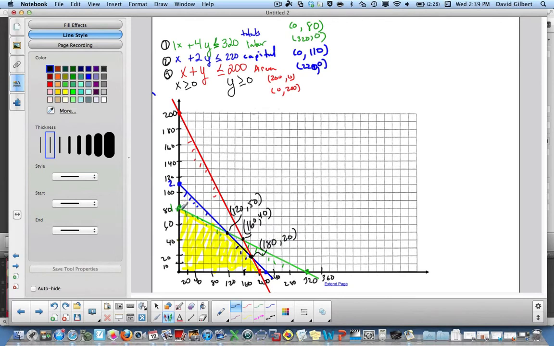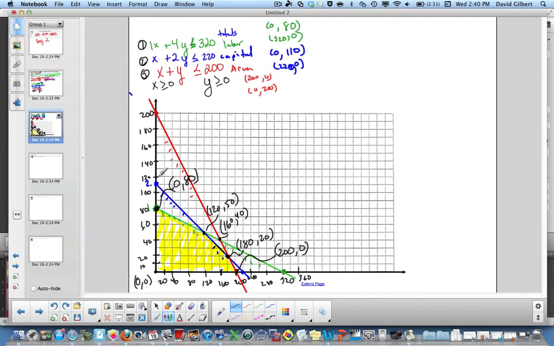And then we also include 0, 80, and this intercept, which is 200, 0, because they're on the edge of the feasible region. Technically 0, 0 is also one, but certainly planting 0 crops is not going to give us our optimal